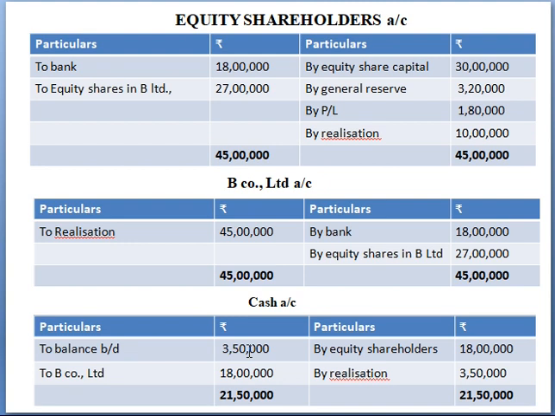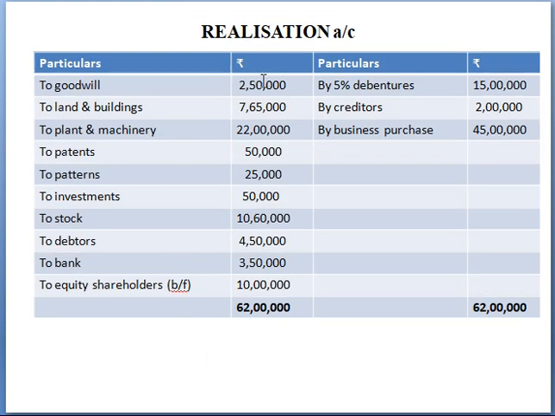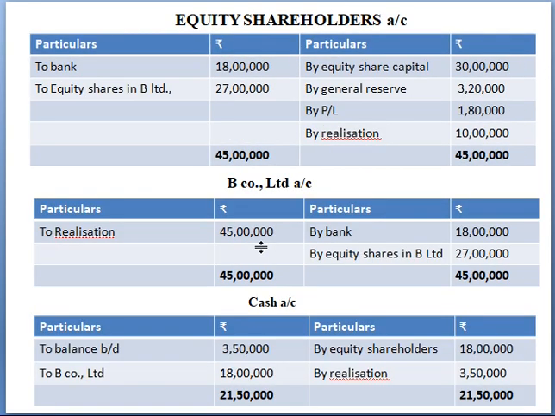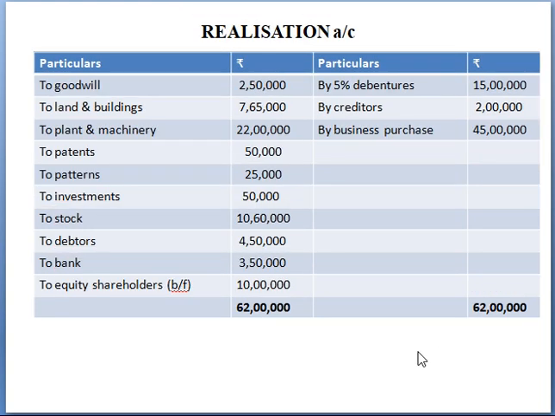And next, just check your previous ledger 1. Wherever you entered the bank account, just give the opposite entry. See here, one bank item is there which is debited. So if it is debited, you have to give the opposite credit entry in the bank account. So in your bank account, write it as by realization account 3,50,000. See here, by realization 3,50,000. Now once again check your realization account whether we have a bank item or not. See, there is no bank item, only one, and that too we entered.